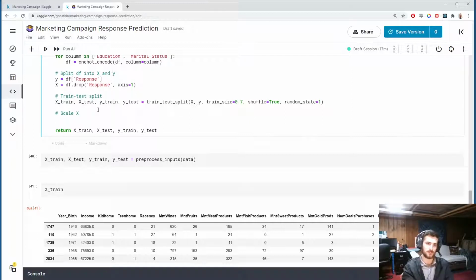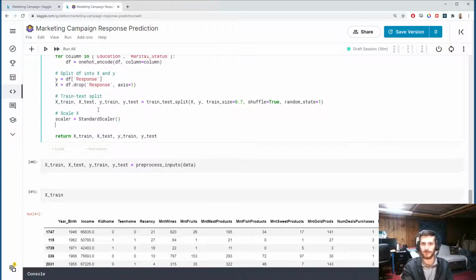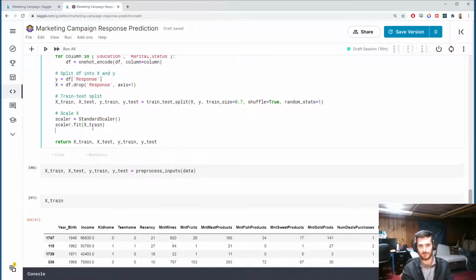So let's go ahead and create a scalar object. And we're going to use a standard scalar from sklearn. And the standard scalar will give each column a mean of 0 and a variance of 1. So it will perform a shift and a scale to each column to standardize all of the columns. And we'll fit the scalar just to the train set, because we sort of want to pretend we don't have access to the test set at the time of pre-processing. So we fit it only to the train set, and then we transform both xtrain and xtest using that fit. So we do it with scalar.transform